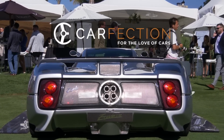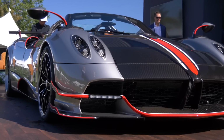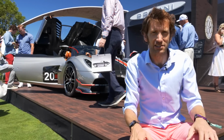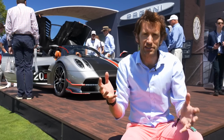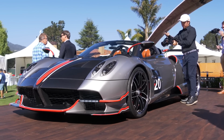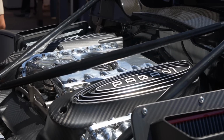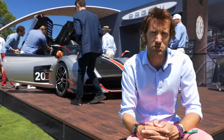We are on the Pagani stand at the Quail 2019, and behind me is a brand new Pagani, the Huayra Roadster BC. Now you might think, hang on a minute, it's not really all new, but it really is. It's got a new engine, a new chassis, and let's start with that engine. So it's now the only V12 that Mercedes produces, and it's produced it specifically for Pagani, so to sort of future-proof it, I suppose. It's a 6-litre twin-turbocharged V12, putting out 791 brake horsepower and 774 pounds-foot of torque, which